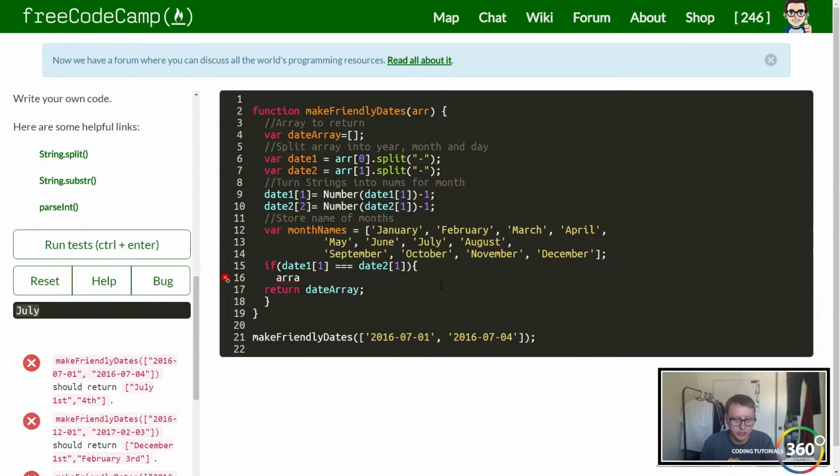So a good place to start. Right here, we can go ahead and take our date array and start pushing things to it before we return it. So what do we need to push to it? We need to push the month's name, and we have to concatenate this. So let's just make sure our month name is working. We can go ahead and push month names, and then right here we'll put date 1, 1,